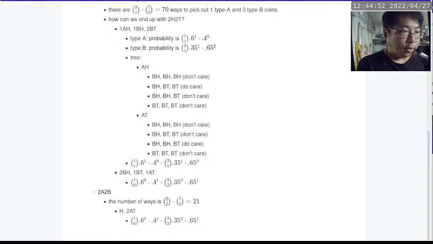I probably want to fix the order like this. 2BH, there we go. So out of the two type A coins,